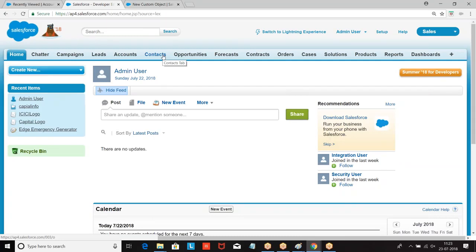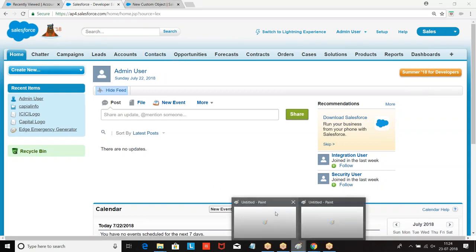Now this is the object. For this object, you are creating a tab. How do you know that this object belongs to this tab? So at the time of creating the object only, we are going to define the tab label. Tab label is nothing but the label that should be displayed on the tab of this object. When you are creating a tab for this object, the label that should be printed on the tab is called the plural label. That is the reason you are finding leads, accounts, contacts, in plural form.